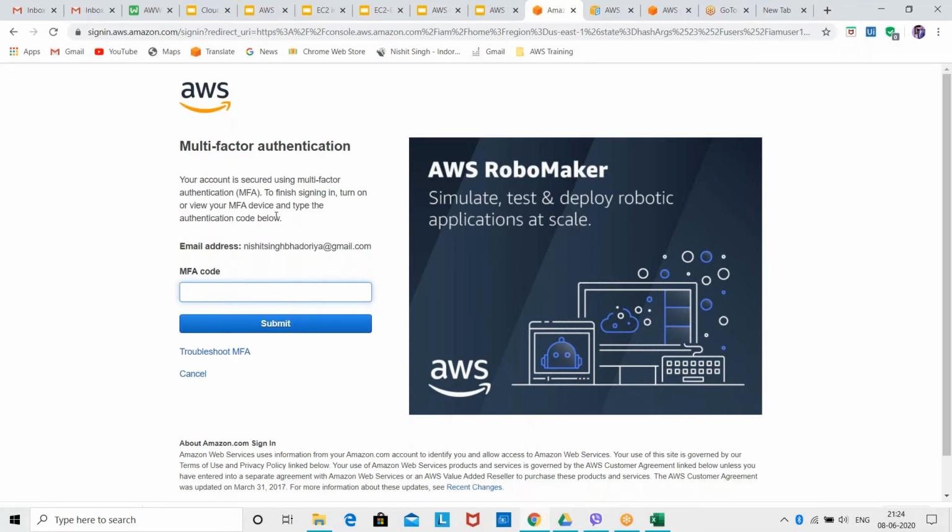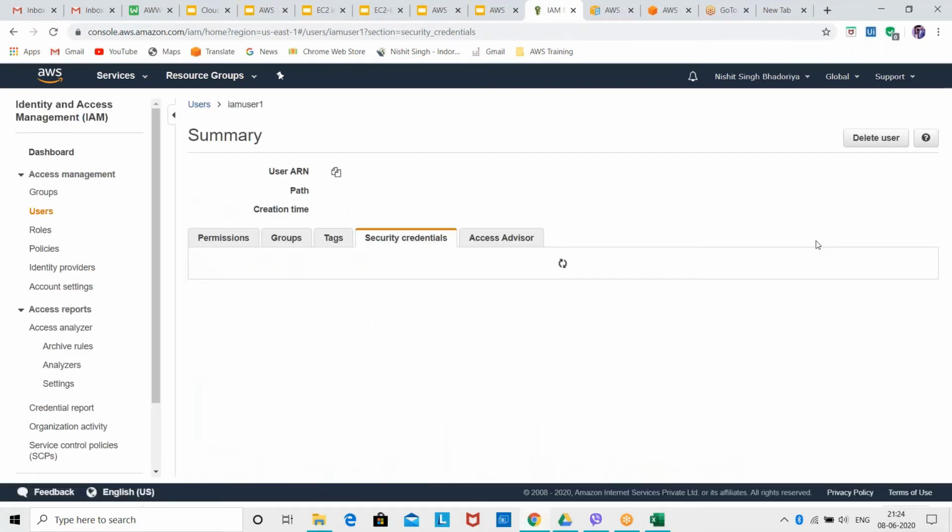Permission boundary. Just a minute. I'll log in to my account and then I'll tell you what permission boundaries are. Not permission border, permission boundaries. Okay, so basically, the permission boundaries are nothing.